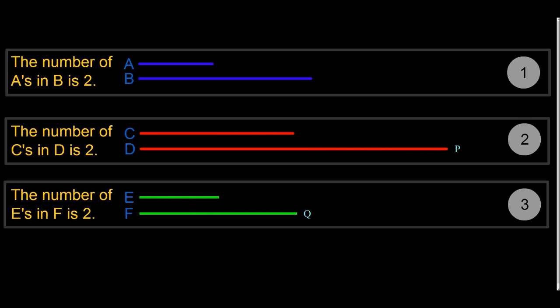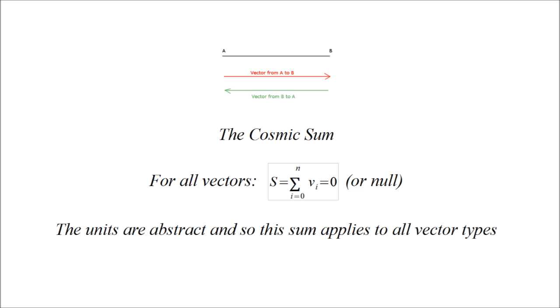Okay, first a bit of math. The cosmic sum. A line is bounded by 2 points. Call them A and B. These 2 points define two vectors. One points from A to B, the other from B to A. The sum of these two vectors is 0, and so the sum of all vectors in a vector space is